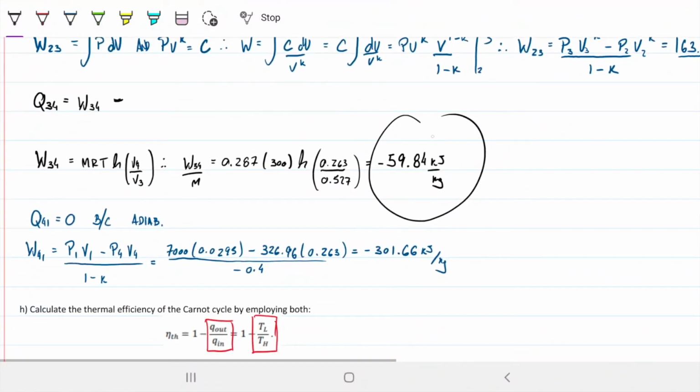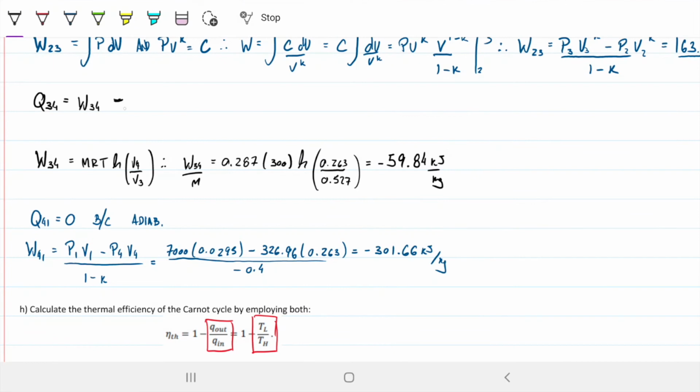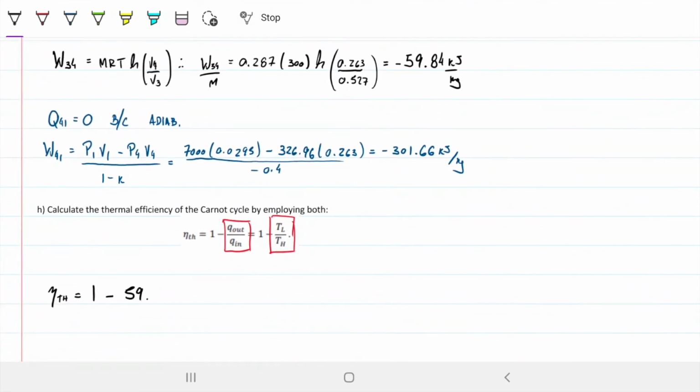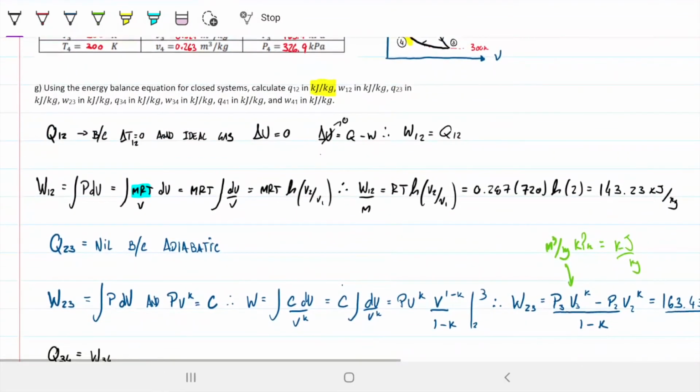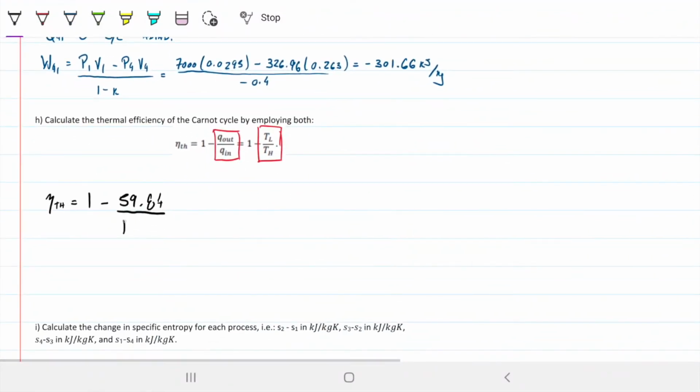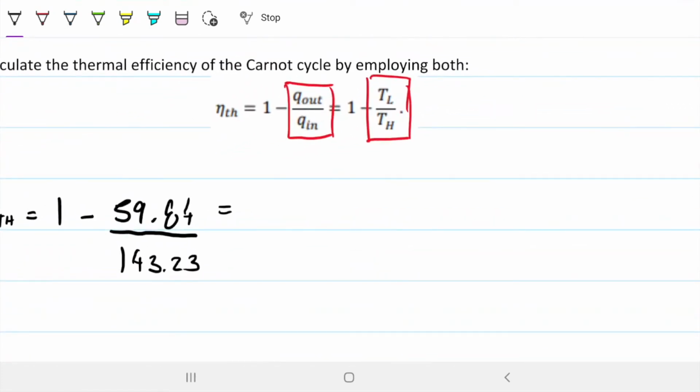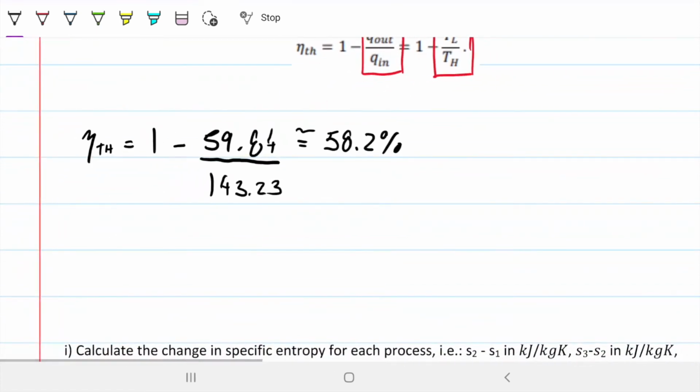Q out is this month, so 59.84 of energy is going away. So 59.84 is going away. And Q in, that's from 1 to 2, and that's equal to work, that's 143.23. And that renders 0.58 something, so let's just approximate that to the percentage. 58.2%. And if you do the other definition,